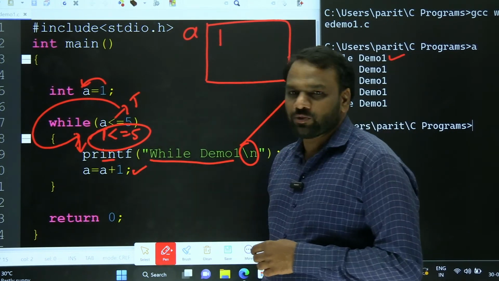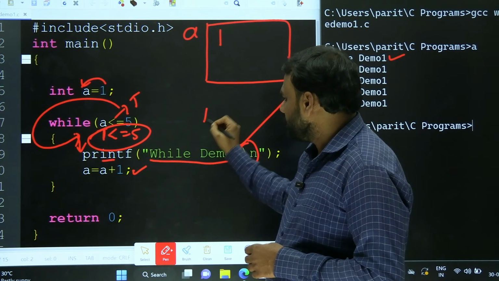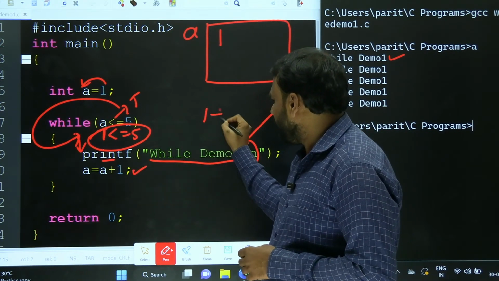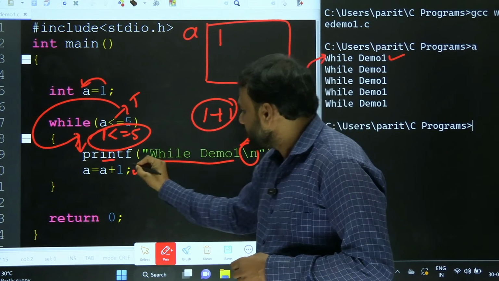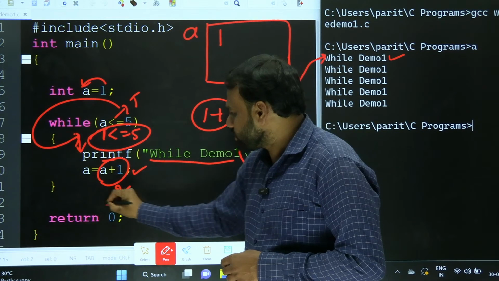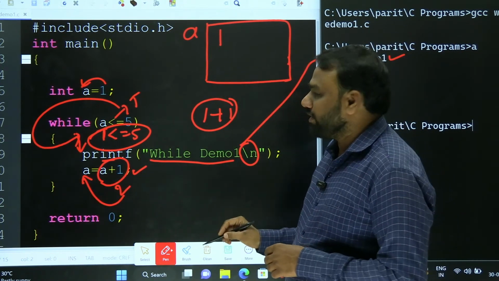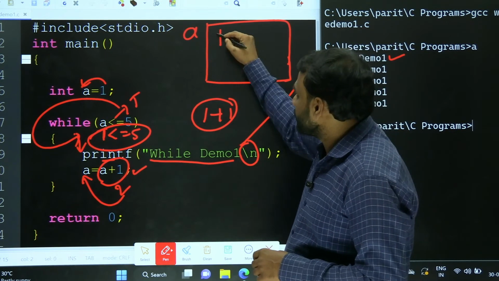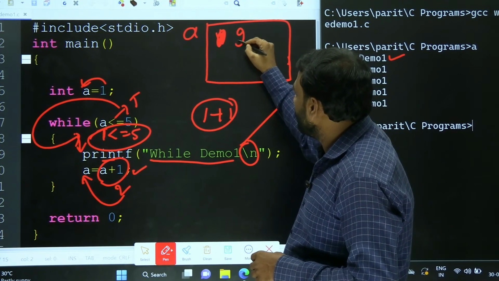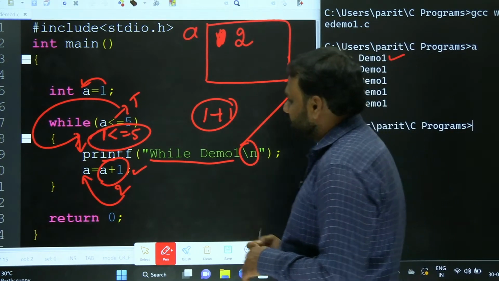Next line. So one more statement will be executed: A is equal to A plus 1. What is A? 1. The content of A will be brought out, and to that one more 1 will be added. 1 plus 1 is 2. So this whole expression becomes value 2. Where will this 2 be stored? This 2 will be stored back in A. But in A we already have the value 1, so that value 1 will be overwritten. It will be erased and the new value 2 will come. Okay, next what happens? Again,